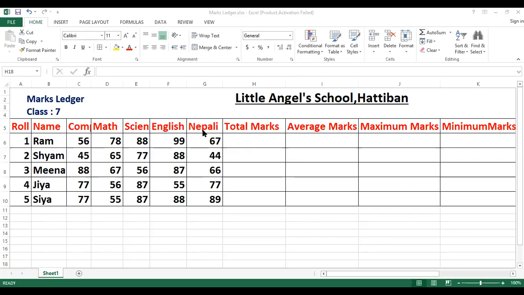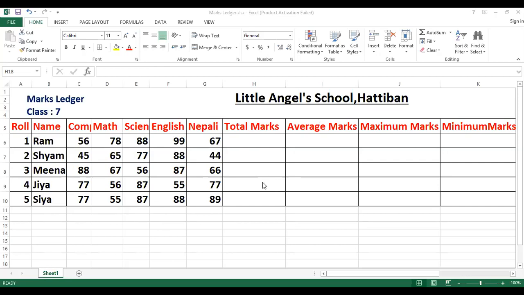So how do we give the formula for the total marks, average marks, maximum marks and minimum marks? There are 5 persons here, and 5 subjects with the marks. You have to write the formula for total marks, average marks, maximum marks, and minimum marks.